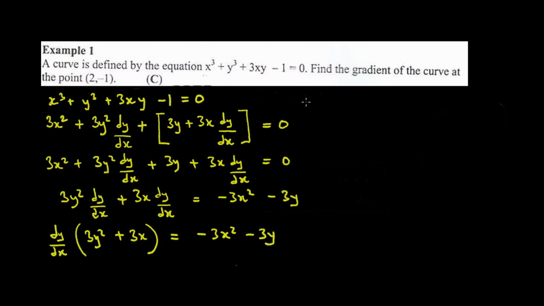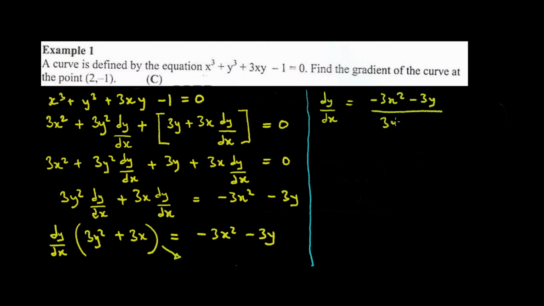Okay, allow me to use this space on this side. So here we have dy/dx is equal to, then this bracket, when we cross multiply, it will come here. It will be dy/dx is equal to minus 3x squared minus 3y over 3y squared plus 3x, like this. Then we want to simplify this: dy/dx is equal to, we can factor out minus 3 on top here, bracket